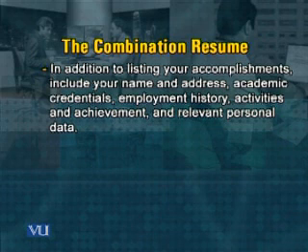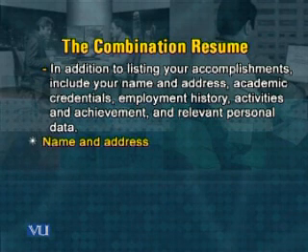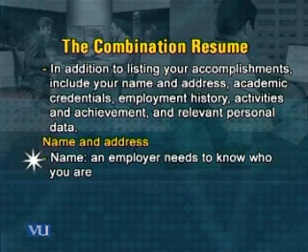All this is information. So you begin your resume with your name and your address. Normally a resume has this part in the beginning. Since we use a blank sheet for resumes, we write at the top of the page the name and address of ourselves, so that the employer